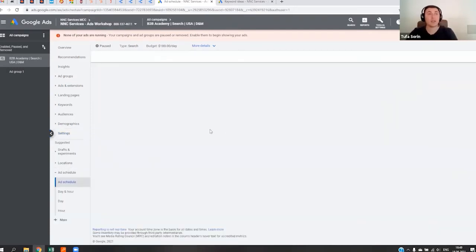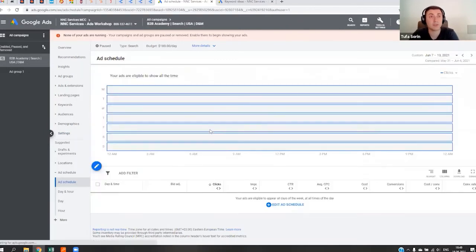Also, if you sell products or services that are searched only on specific periods of time, for example, you are selling a software, but the sales department will start working only from 8 a.m., you can easily do that and avoid wasting any budget by having an ad working after the working hours of your company. Up to this point,